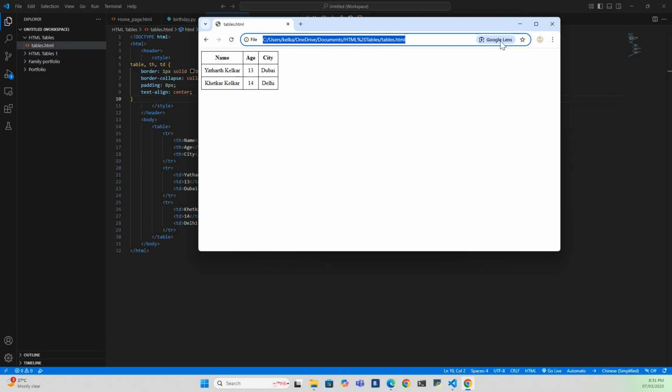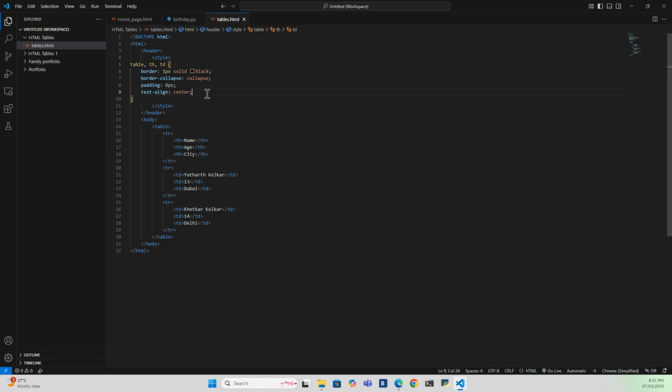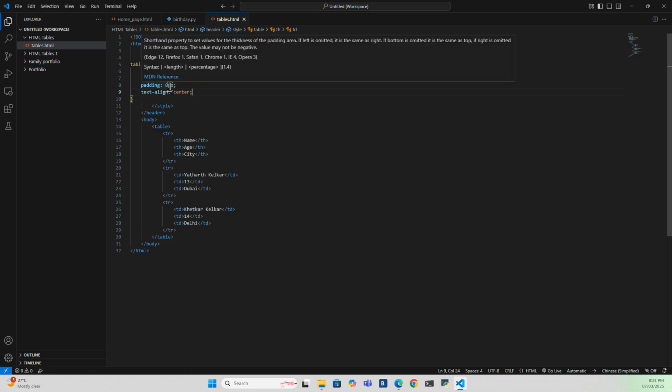There is also some padding between the text. Let me zoom in so that you can see. I hope you can see it. Now you can also observe that the lines have popped up around each of them. And of course, you can also enlarge this table again by using the CSS property. But currently, I don't really want to do that, so I can just leave it as it is.